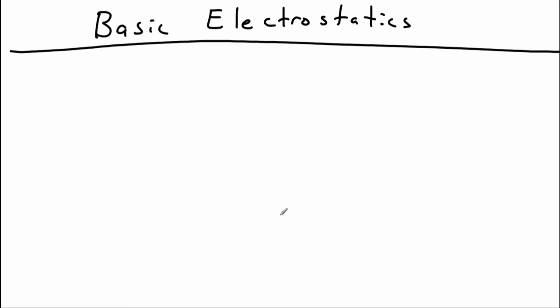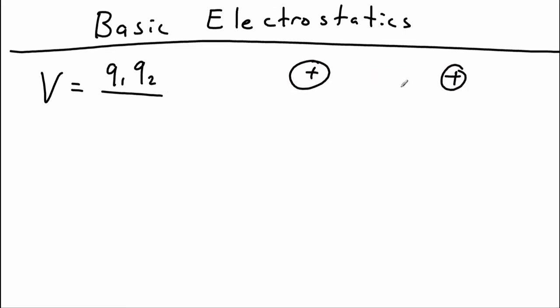All the electrostatics we deal with in this video are functions of Coulomb's law. So let's write Coulomb's law the way that you learned it. That's the potential energy between two charges Q1 and Q2, separated by a distance r, and it is going to be a function of the magnitude of those two charges, the distance between them, and also